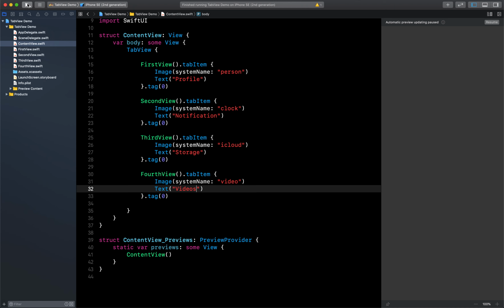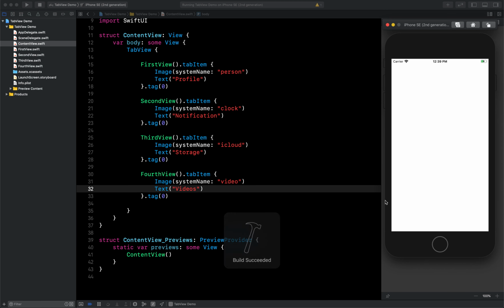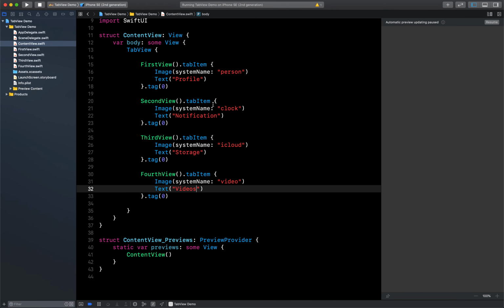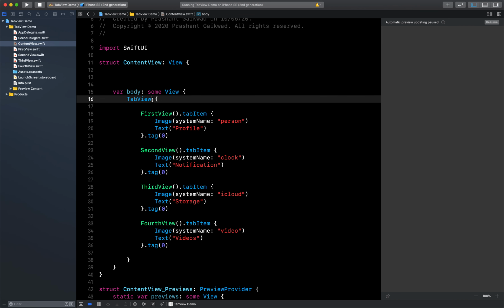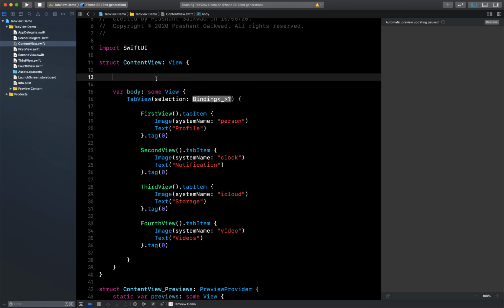But now if you see one thing, that whenever you run it, by default it is selecting the first one. So what if you want to select the third one? So what you have to do is you have to pass the selection here for the tab view, and we don't need this content part. For selection we need to create a variable above here. So I will say selected item and let it be index 2, so that our third tab item will be